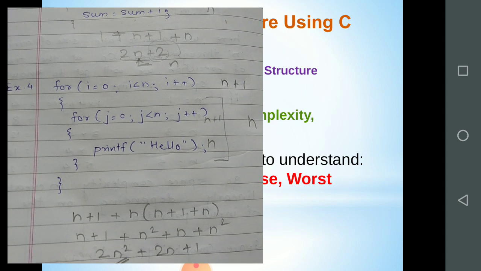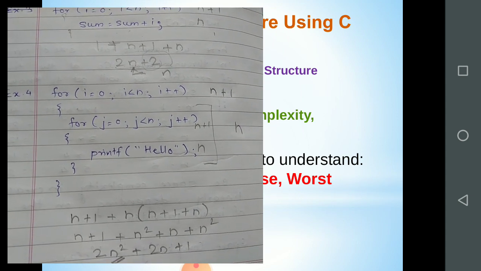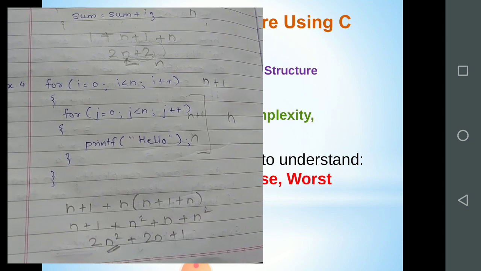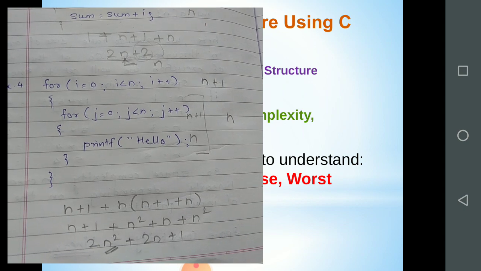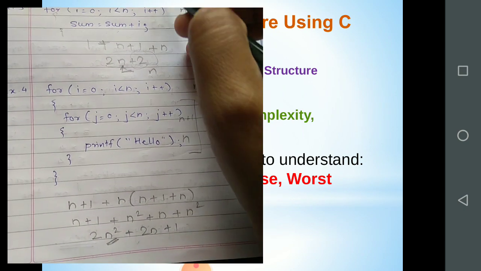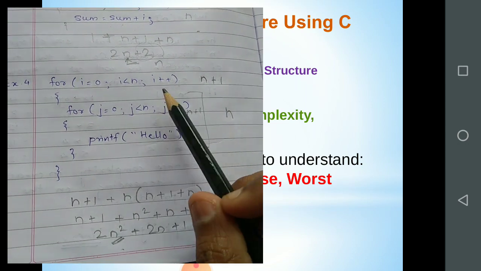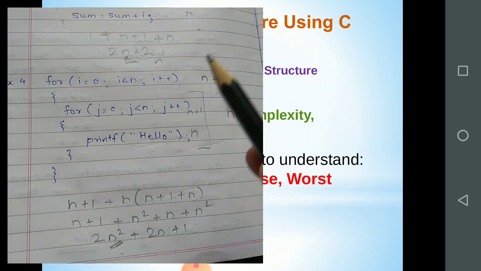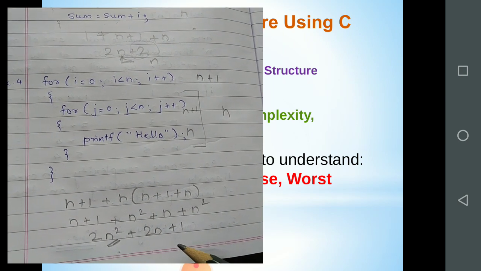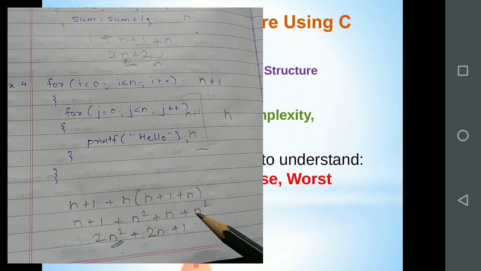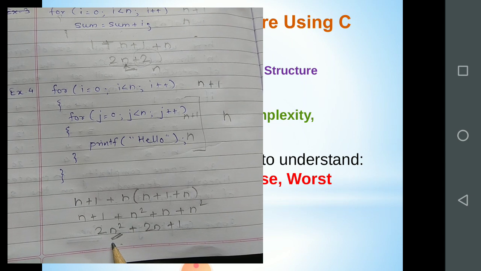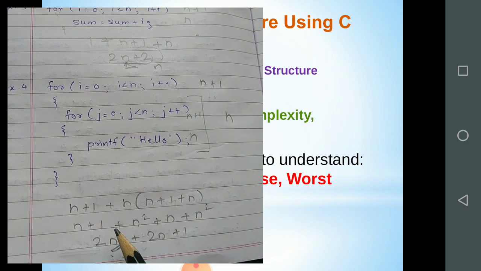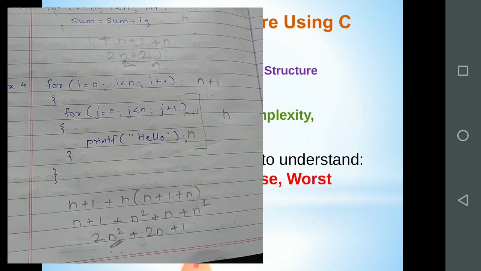So whenever you are writing any algorithm and finding out its time complexity, you have to find out the major thing which provides you the time complexity of the algorithm. So this n plus 1, n square, these are the major things on which the time complexity of your algorithm depends. So this n square, like these things, is called the growth function. Depending on these values, the time complexity changes majorly. So these are called the growth function for that algorithm.